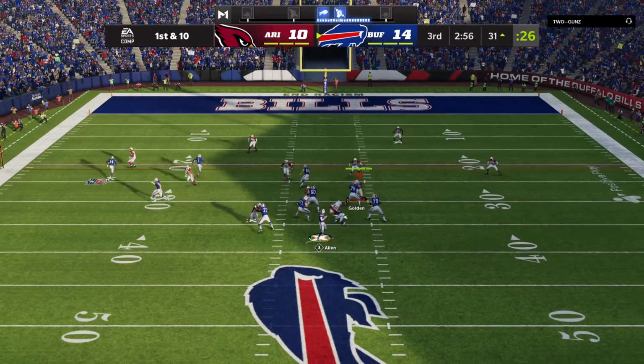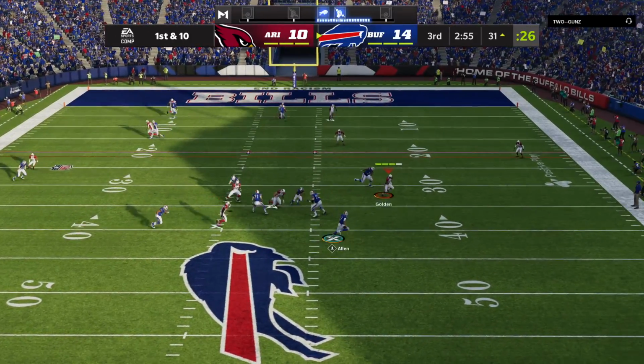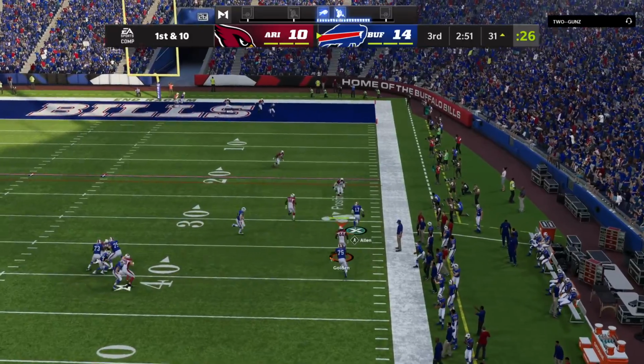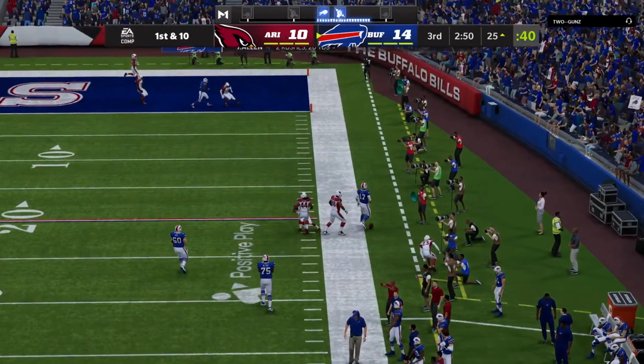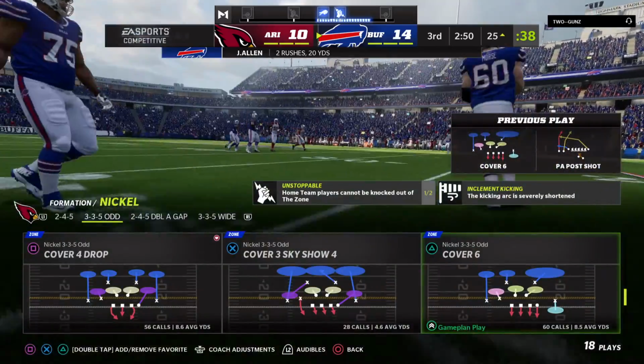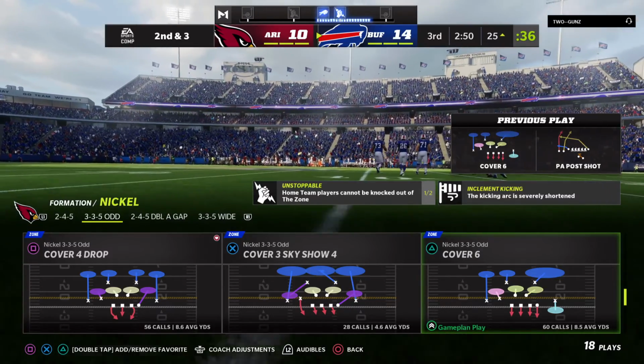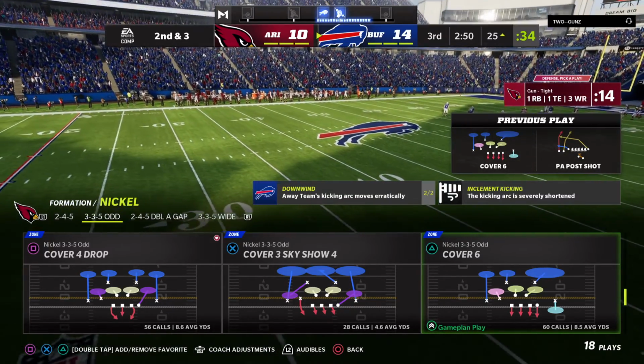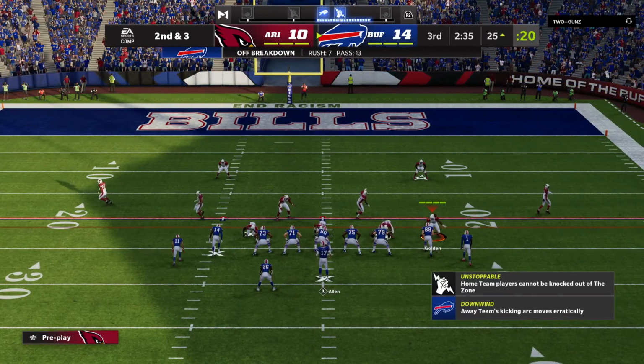So they fake the handoff. Now Allen, eluding the pressure right. And he'll be out of bounds, able to get it down to the 25 there. Nice work to get 7 out of that, and it's second down. Brings up second and